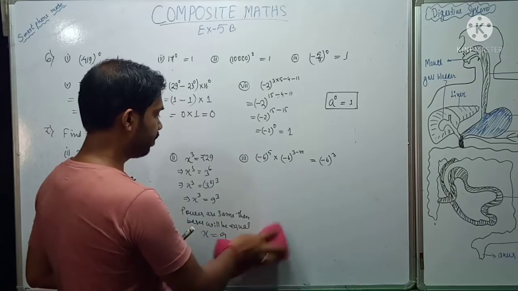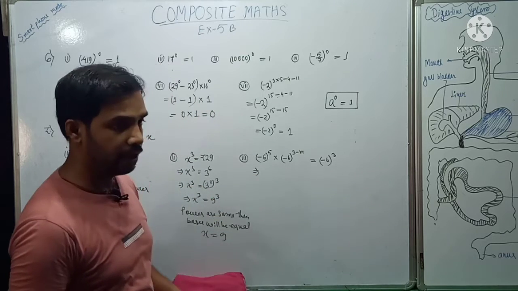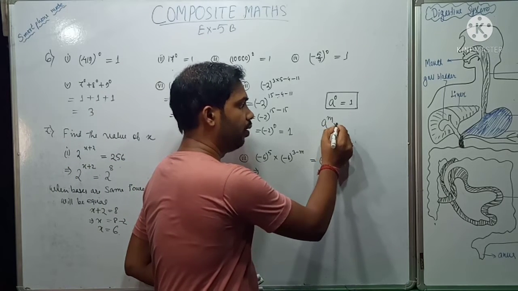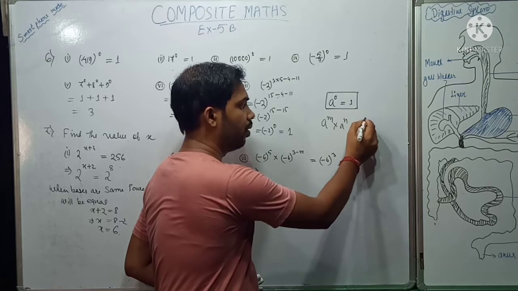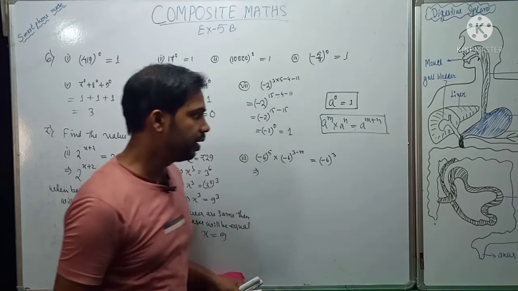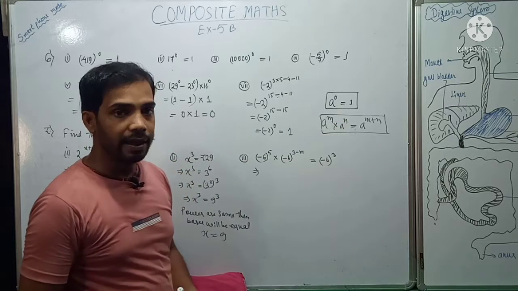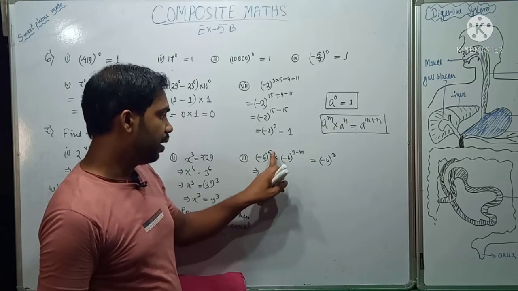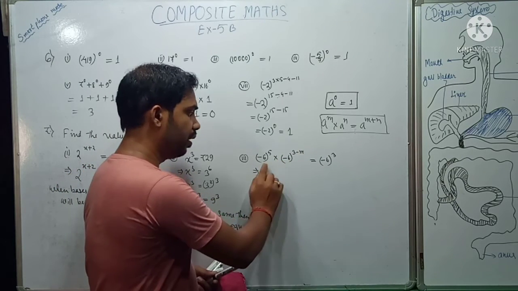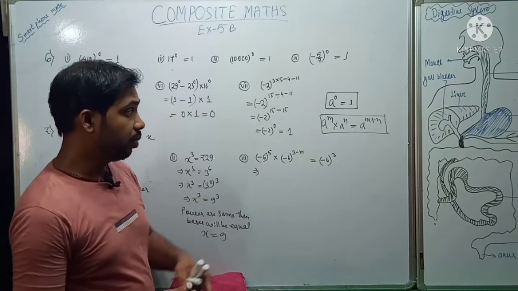What is given, you see? Here all the bases are the same. Now one formula we have got: a power m into a power n is equal to a power m plus n. In the last video I gave some formulas, you can go and see, then you will understand that when bases are the same and multiplied, then powers are added. This will happen only on this part, because here multiplication is there; this side has no multiplication, so this formula will not work here.